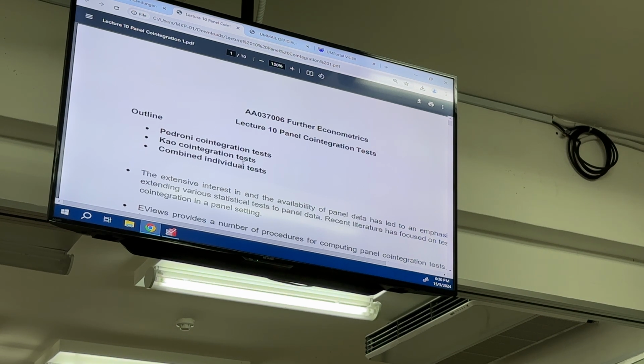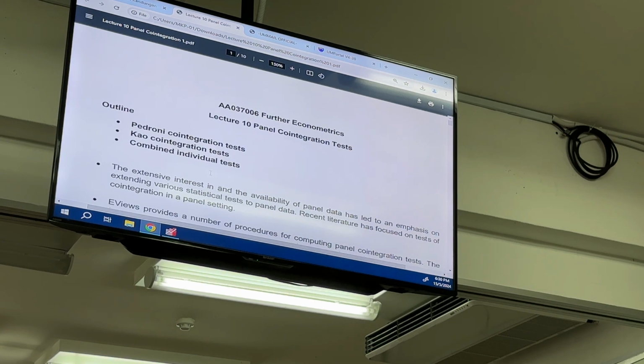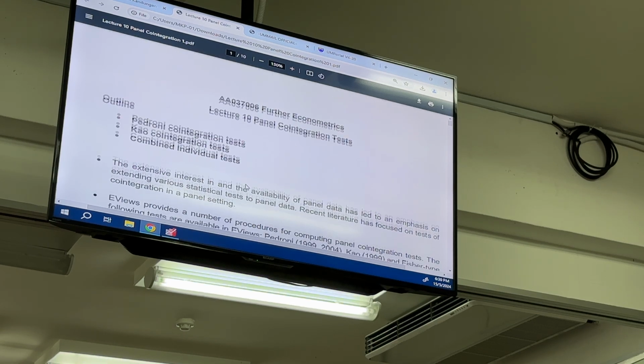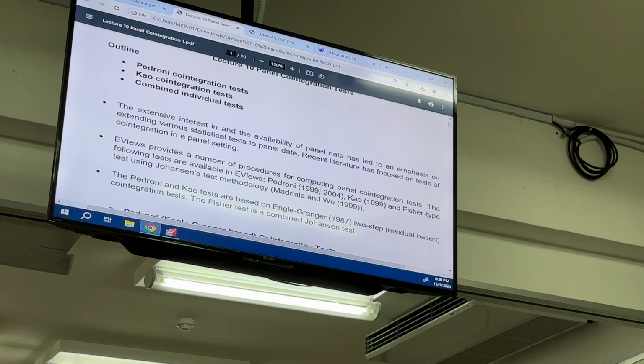Before we do the hands-on, what is Pedroni, what is Kao, and how do they combine into the Fisher test? For the recent literature, I focus on the test of cointegration. Because of this I(1) result, we have to search for the long-run as well as the short-run result